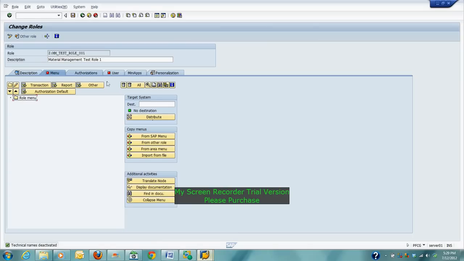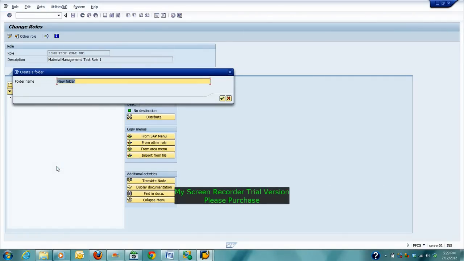So let's go back and click this one, because this is the role menu. We will assign folders in the role menu, okay. Hit this one and it will ask. We will create 2 folders. One is create, one is display.